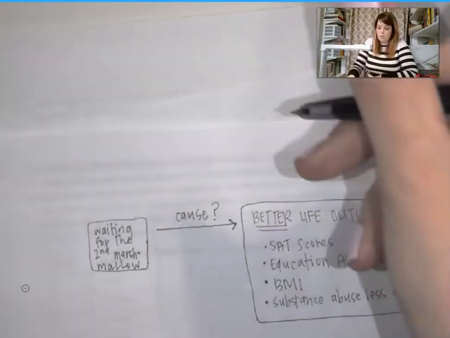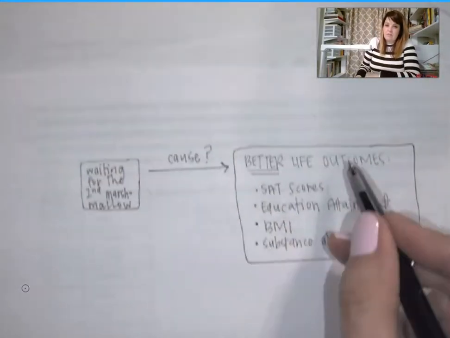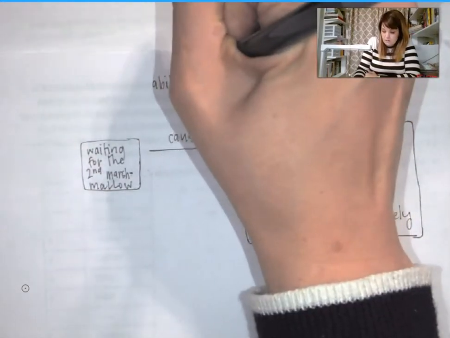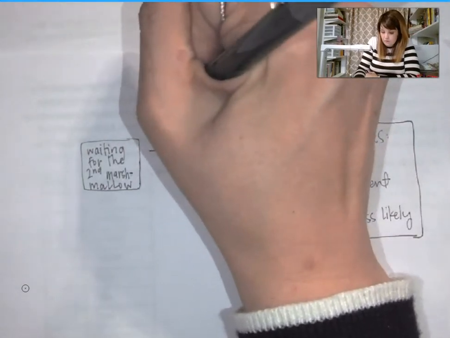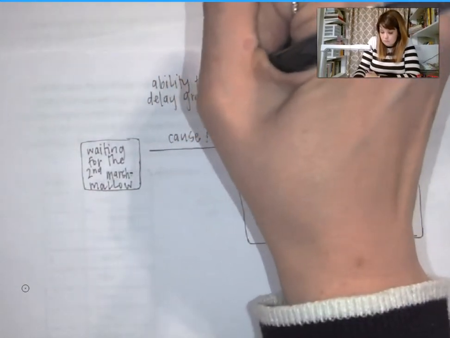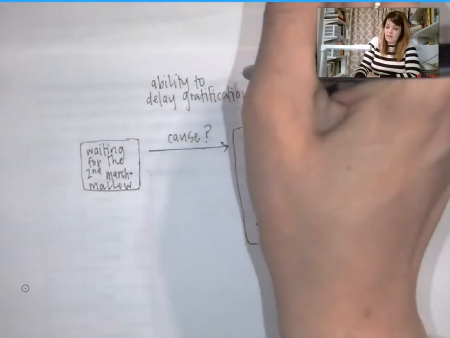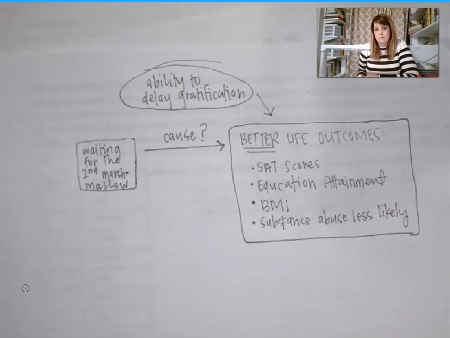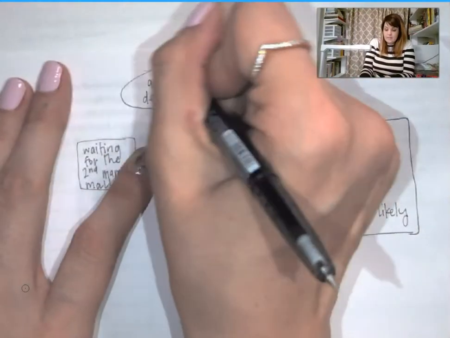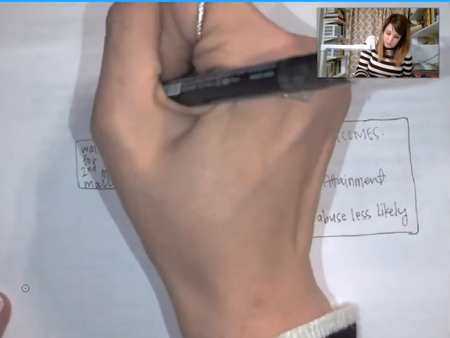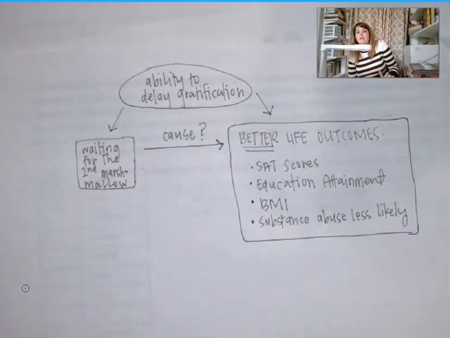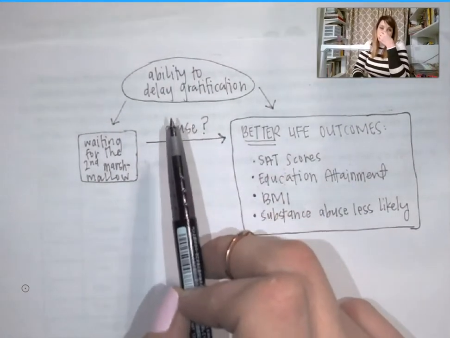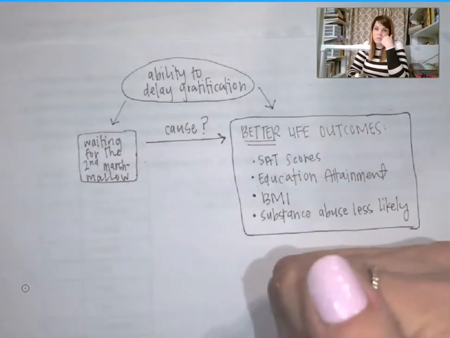Well, what really caused these better life outcomes was these kids' ability to delay gratification. It is this other variable that caused this. It is also what enabled them or caused them to wait for the second marshmallow. We have this other variable hanging out that is what caused both of the things that they were looking at